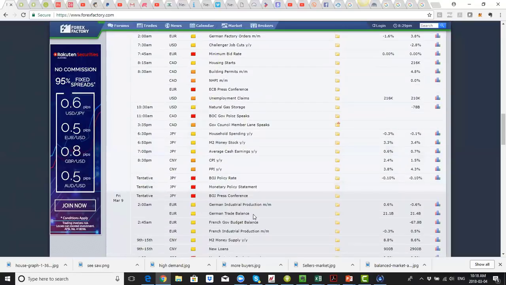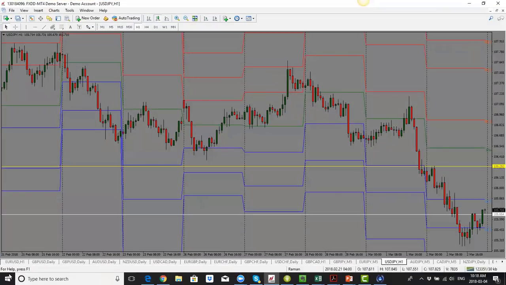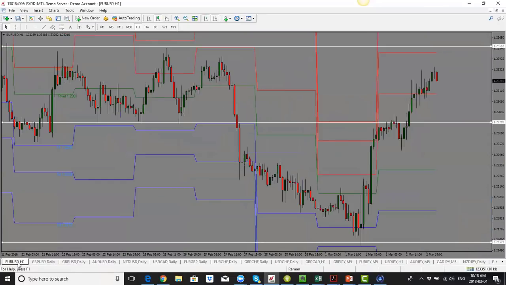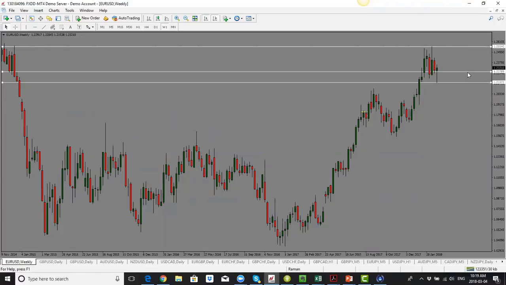In terms of the ECB, they have cut back on their asset purchase programs, but they haven't completely removed that. And that's what the market is looking for, to see if they're going to remove it. Last time in their statement, they had said that it's not time for them to completely get rid of that program because it is still injecting a lot of money into the market. So that's what the market will be looking for, to see if they're going to cut back any further, or are they going to hold it the way things have been for now.